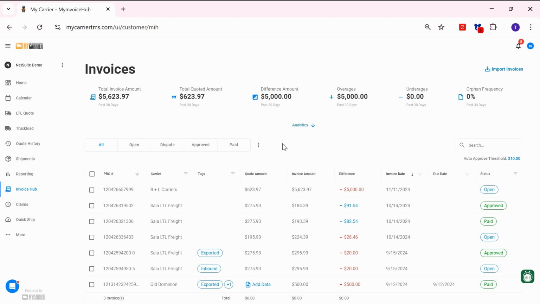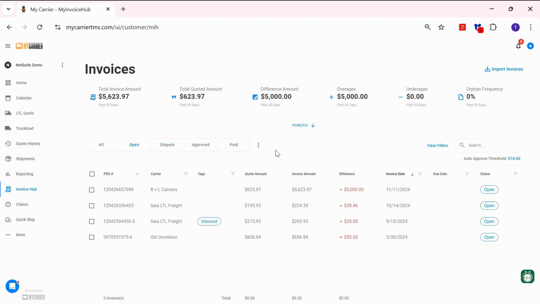We digitally get those invoices. We compare them against the quote, and then give you the difference there. And so if I'm a user in here, I'm going to go ahead and filter by open. These are the ones that fell outside of my acceptable threshold. Maybe I don't care about $1. Maybe I do. I can set that, and then it's going to go ahead and categorize and status these